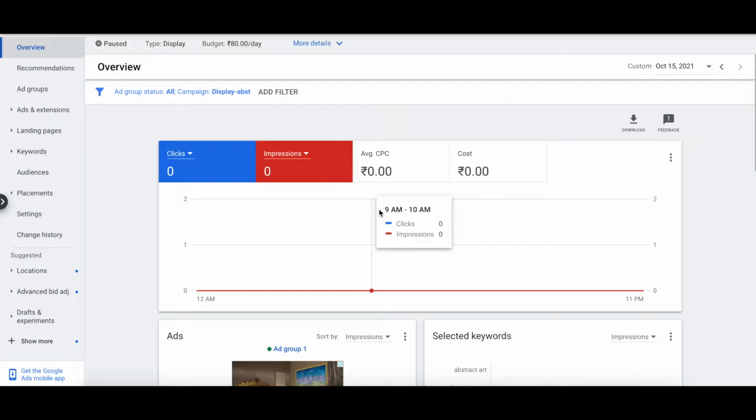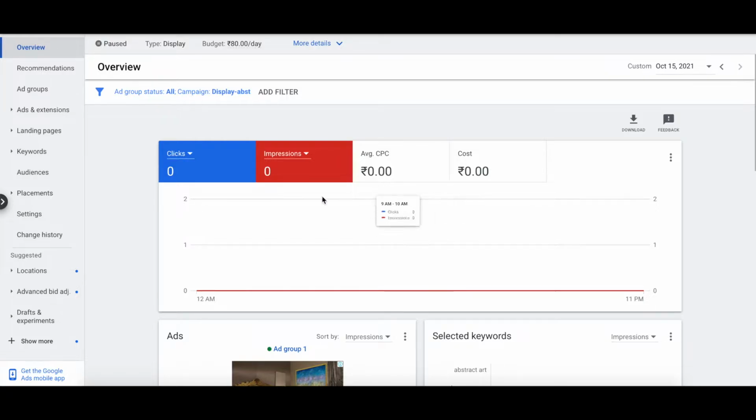Appearing in Google means the Google Partner Network, or anywhere Google Ads are getting displayed, on any website or YouTube or anywhere. There are proper settings that need to be done, and due to some issues, it may be that your ads are not getting shown. You have configured everything right, all settings, images, everything is correct, but still your ad is not showing.